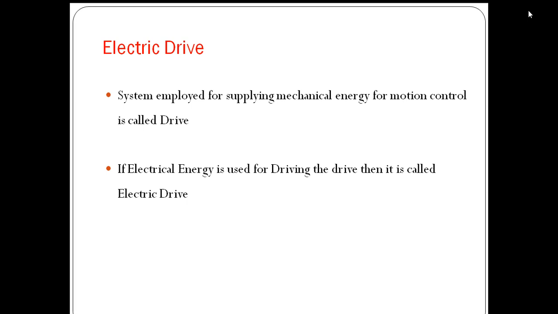DC motors are used extensively in adjustable speed drives and position control drives. DC motor speeds below the rated speed can be obtained by different methods we are going to see, and we can get speeds above the rated speed by using different methods. We are going to see the speed control methods for DC drives and AC drives in this class. DC motor speed can be varied by these methods: field control method, armature control method, and voltage control method.